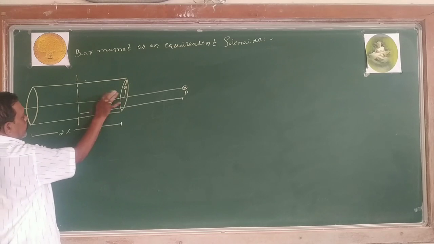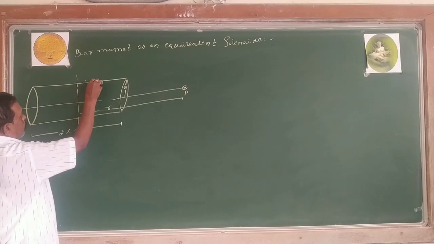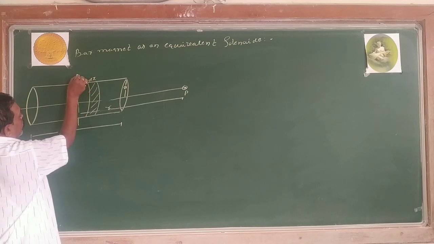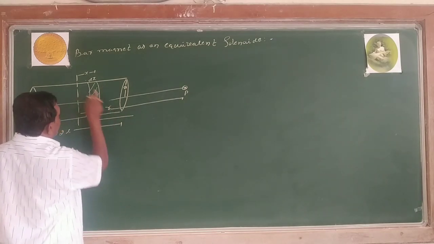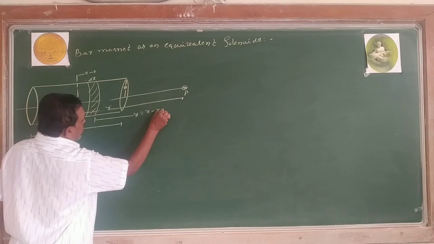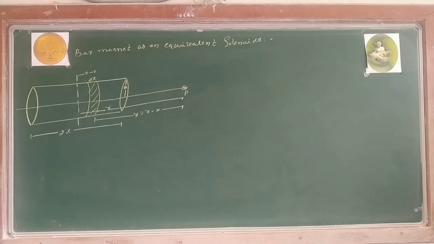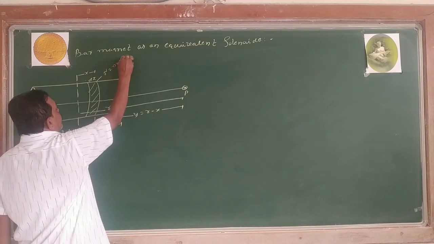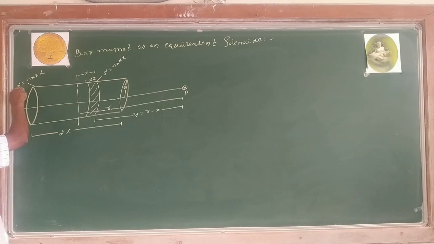I cannot consider the whole solenoid at a time. I take a small portion of the solenoid of length dx, at a total distance x. Then y equals r minus x, right. So the number of turns in this portion is dn equals n into dx, where small n equals the number of turns per unit length. For the whole solenoid, N equals n into 2L, right.